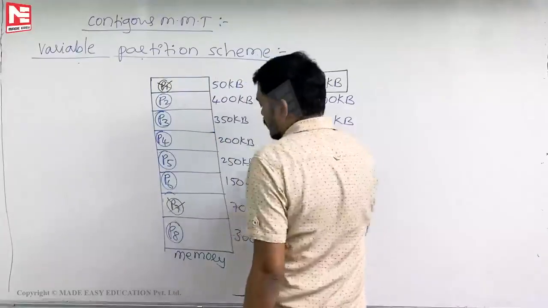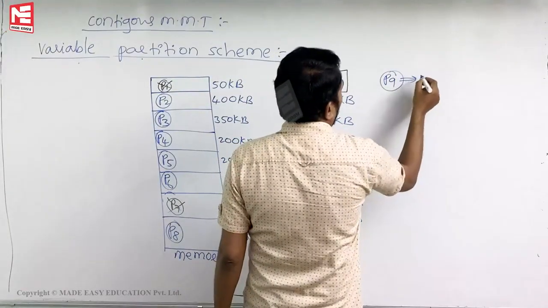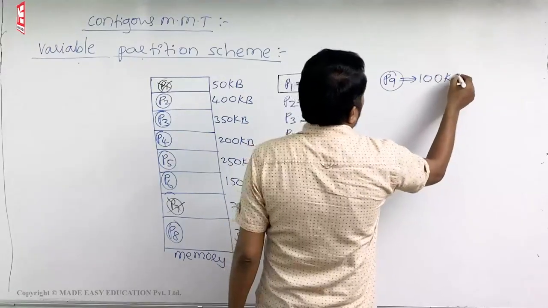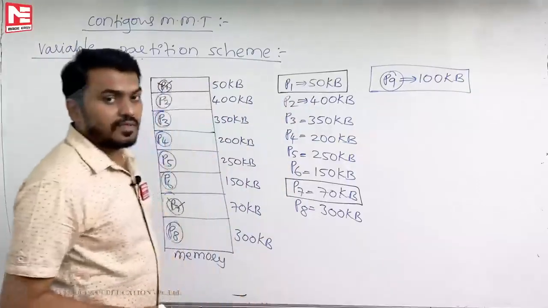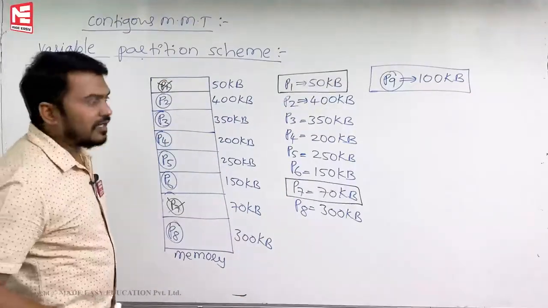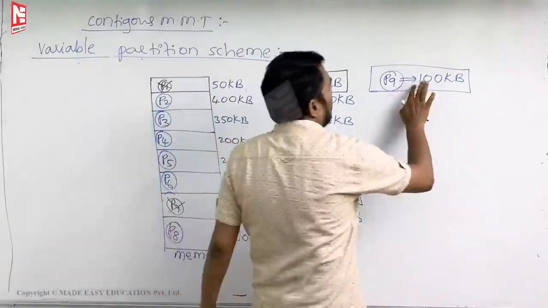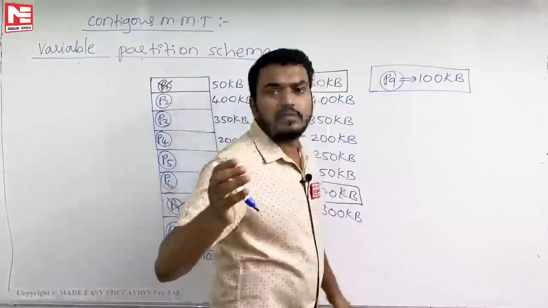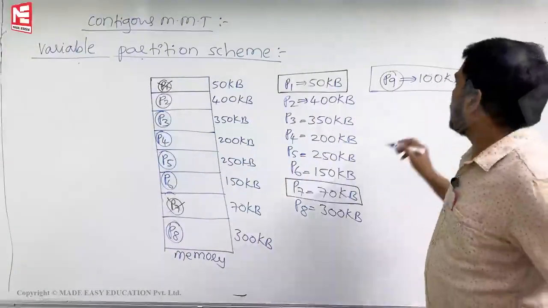Even though you have 120 KB memory freely available, if the process P9 comes with a request of 100 KB, is it possible to accommodate? Yes or no? No, right? So why? Because